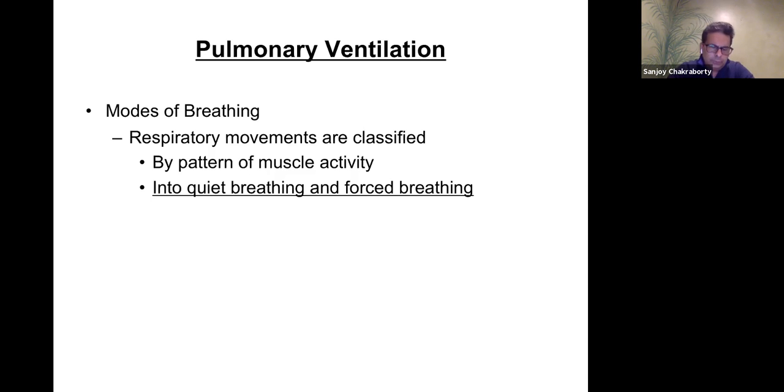So when the volume increases, pressure decreases. When the volume decreases, pressure increases. This law is called Boyle's law, of gas at constant temperature. So now why are we studying this? The reason we're studying this is because by controlling the volume of the lung, the body controls the movement of air,